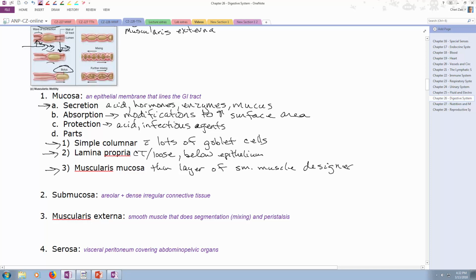designed to provide local movements of the mucosa. Well, that's kind of strange when you first think about it, but what it is, it's a thin muscular layer underneath this mucosal membrane, so to speak, and it helps to actually cause a little bit of what I call almost microscopic